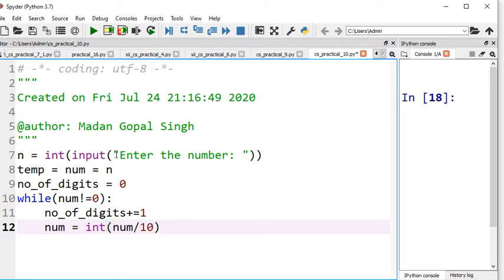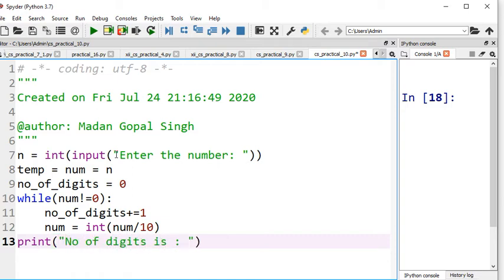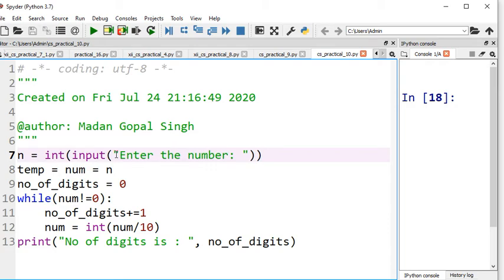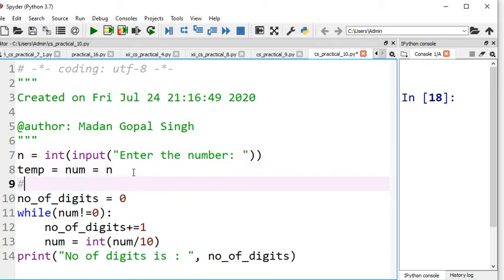I keep removing the last digit from the number till we get 0, and at this stage you can print the number of digits. So let's see whether this program is working or not, because this is the first part. I am writing a comment: calculating the number of digits.